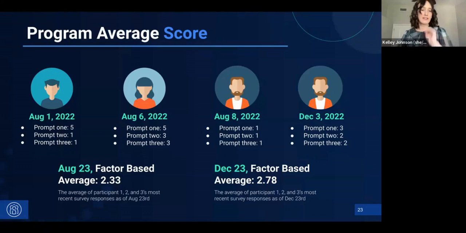The first student completes their assessment survey in August, the second completes theirs in August, and the third also completes one in August. We take all three of those responses and average them together to get a factor-based average of 2.33. So your program's average sense of belonging score, if you check it in August, would look like 2.33.